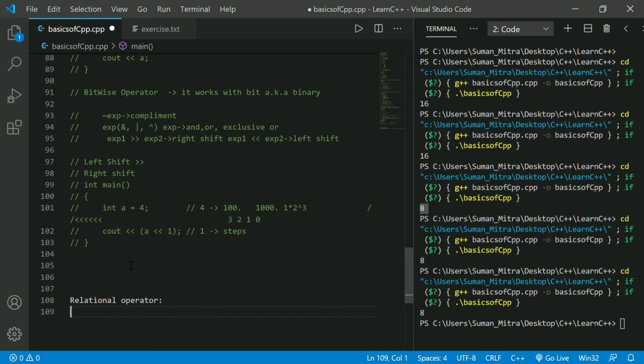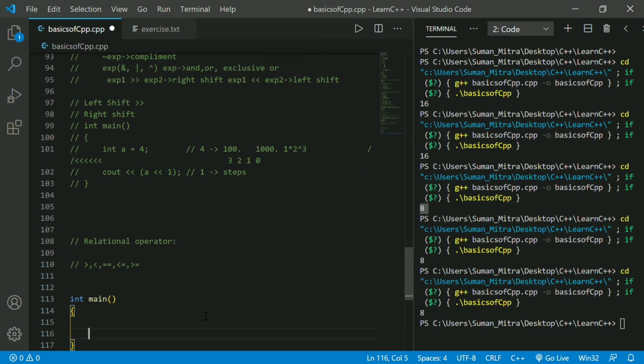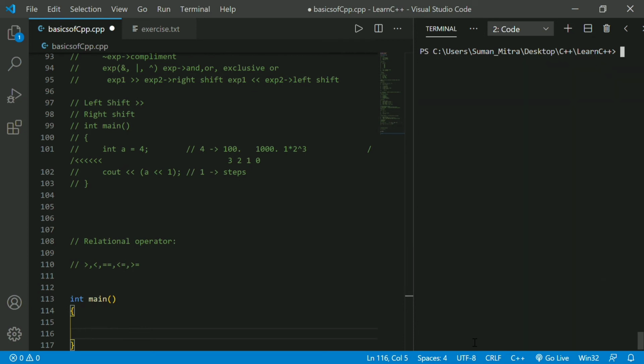operator. Relational operator means it checks two types of things, either it's smaller or greater. I mean this is smaller, greater, or it's equal, or it's less than equal, or greater than equal. So it just checks. So I'll do an example so that you can know what I mean. I'm doing it a little quickly because we don't have more time, and this is a very easy topic, so you can get it in one catch.